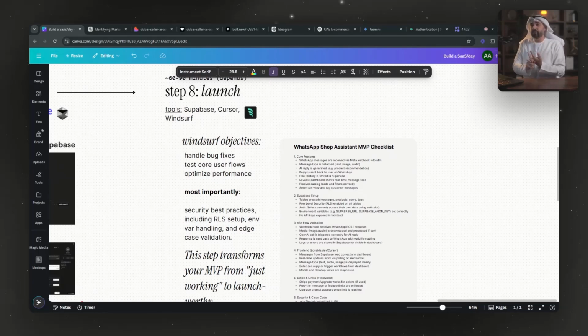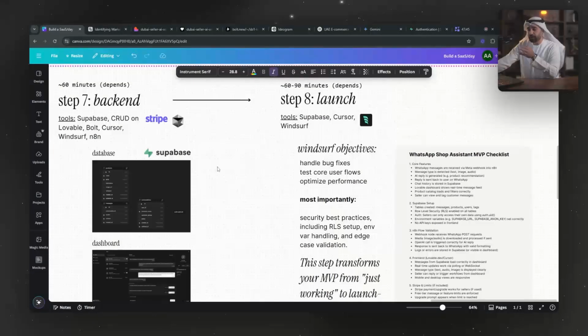They put their API keys in there. They put a bunch of keys and passwords that should not be there. There are ways to handle this, whether it's within an environment variable or whatever it is. That's something you should take into consideration, and that's when you take the code and go to Windsurf. And I don't think you should think about this too much right now until you reach a point where you have something functional.